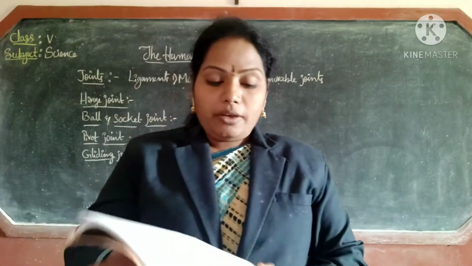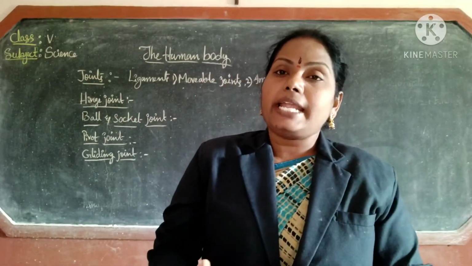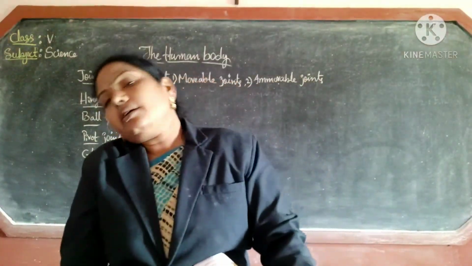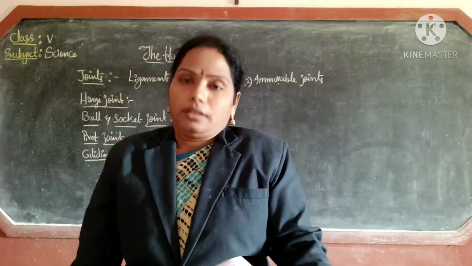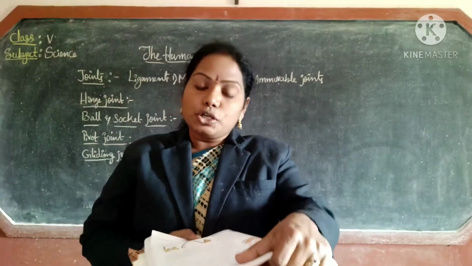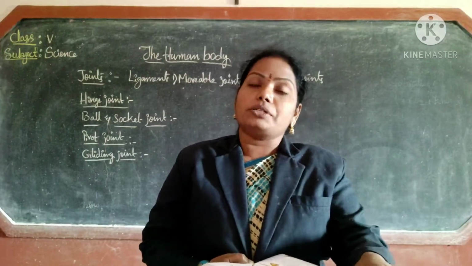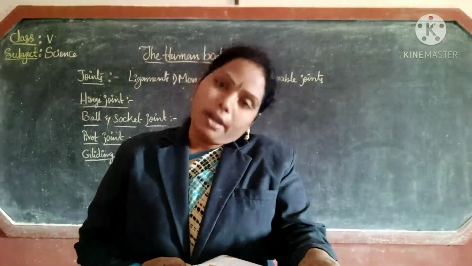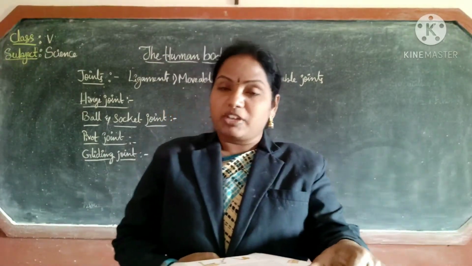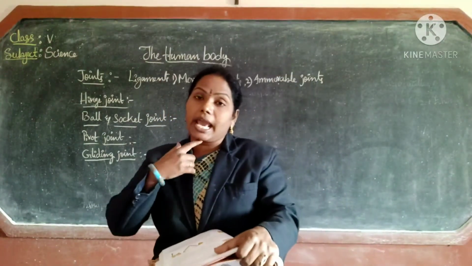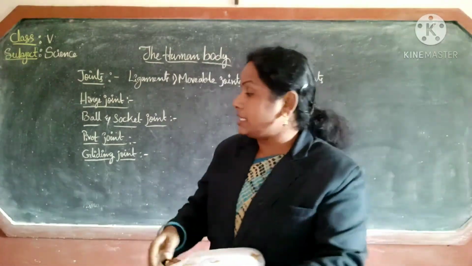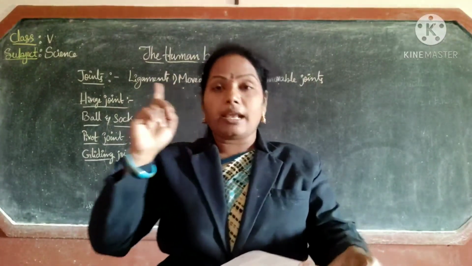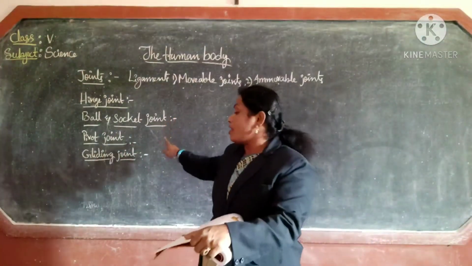Next, we can move our head to the sides. So see here, this is a pivot joint. We can move our head like this. Understood? So sides, upwards and downwards. We can rotate also. So the joints between the skull and the neck are arranged moving inside, just like a ring. So that is called a pivot joint.